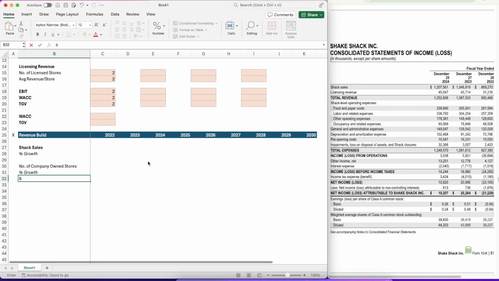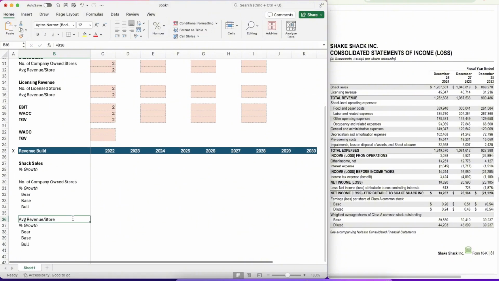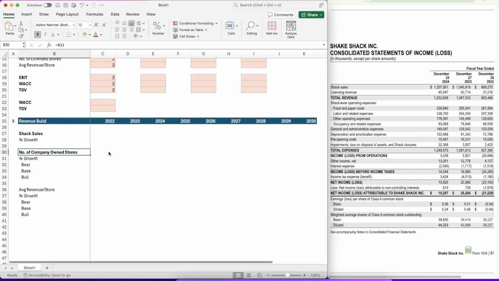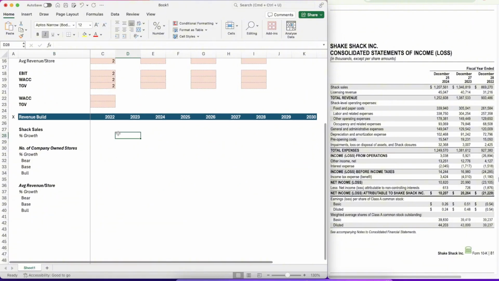Then we want, what do we want? Bear, base, bull. Bull is B16. Sorry, no, B12. For me, it's B12. I won't bold those, but we keep them bold down here. Okay, so for sales,